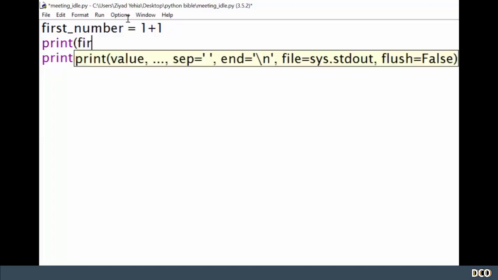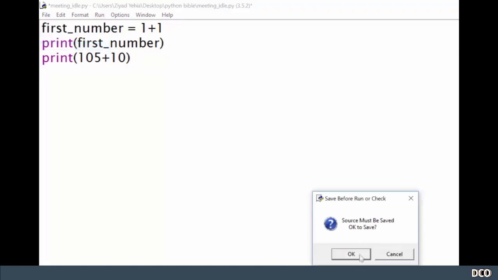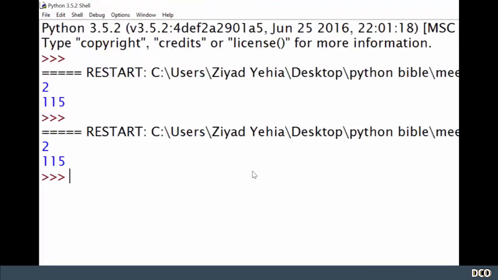So what we can do is instead of print 1 plus 1, we can just use print first_number. Here, Python will look inside the box called first_number and find the number 2. And it will then print the number 2 to the screen. So you can see we get exactly the same answer as when we just printed the answer directly,